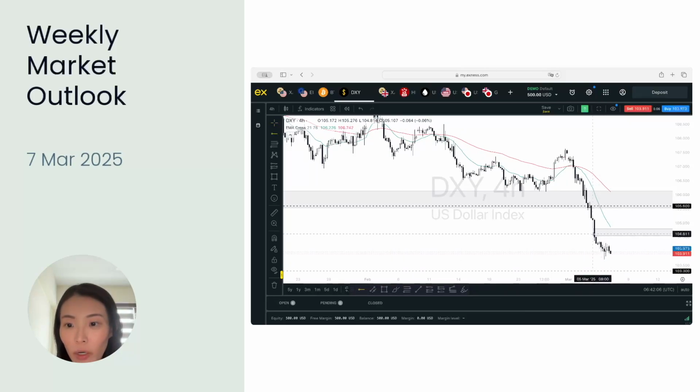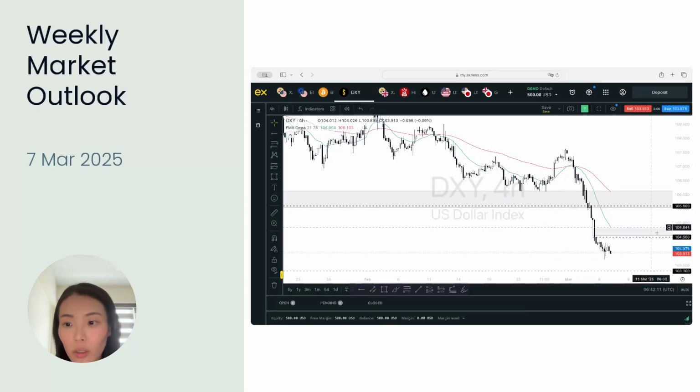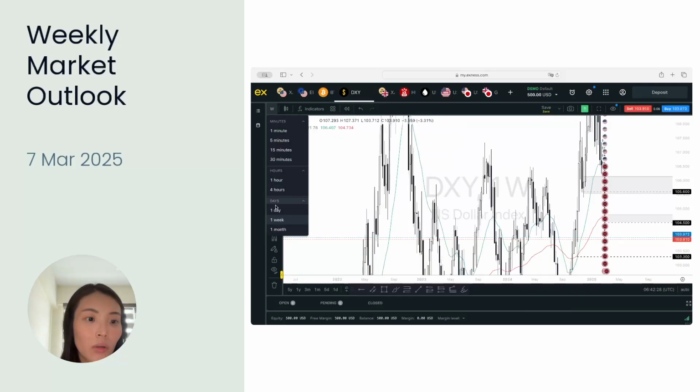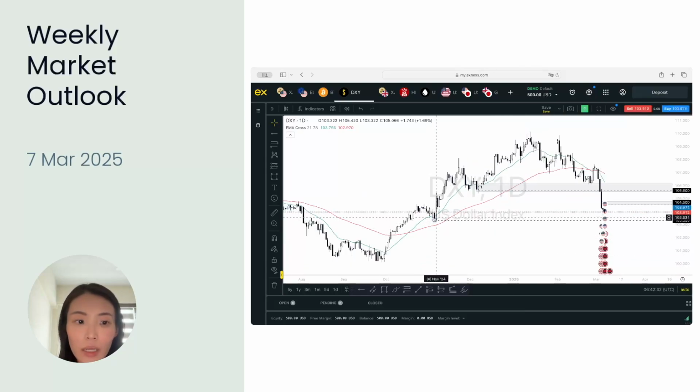So depending on how price reacts off this level, if price pushes into this zone and we're seeing a reversal below this, right, then it could prompt that further drop towards the swing low, right, or the low that was observed on the daily. So these are the 2 resistance levels for me, right? In terms of the support level, this is the first support level. And if you move back to the daily time frame, you can see that this is the swing low,